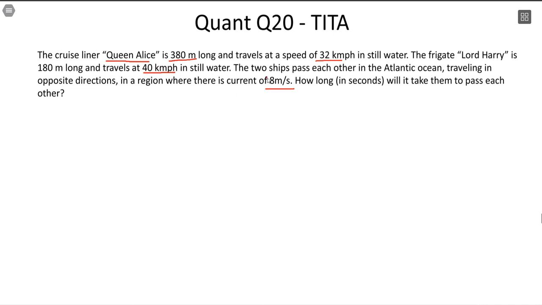I don't know if you are aware of this, but this is useless information for you. There is an insight by this line. Within the same environment, the relative speeds of bodies are not impacted by the influence of the environment. Because see, if speed of boat 1 was s1 and speed of boat 2 was s2, regardless of who was traveling downward or upward, say if this was traveling with water, this was traveling against water, can you see the relative speed will continue to remain s1 plus s2 only? They are moving towards each other. You add them up, W and W, the impact of water is cancelled. This 8 is of no use to us in this question.